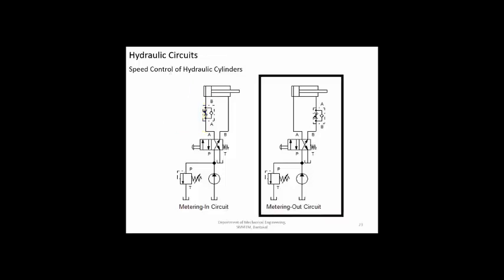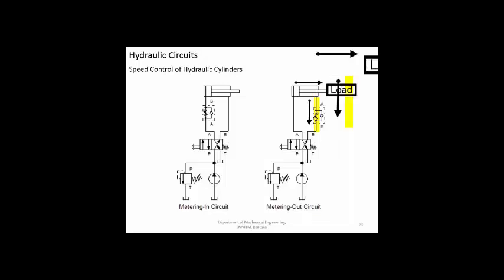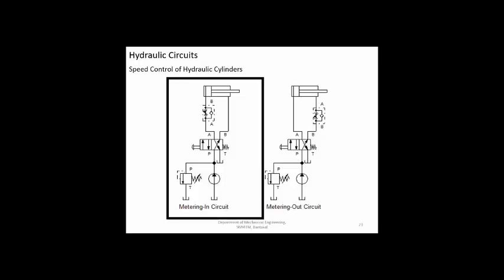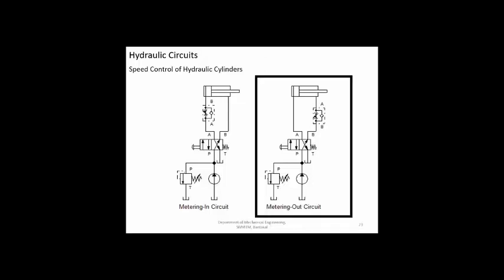In case of metering out control, whatever fluid is coming is always working against the pressure created by the flow control valve. So even if the piston tries to move forward at a rapid rate, it will not be possible, because the flow cannot move at a faster rate through the flow control valve. So even if there is no load here, the piston cannot move at a very fast rate. It can only move at a predetermined rate. Now where can you use these two? You can use metering in control when you know that there is always going to be some kind of load attached to the piston rod. Metering out you can use in any condition.